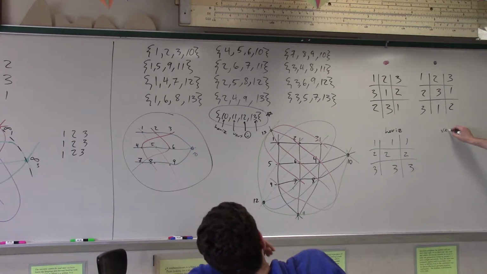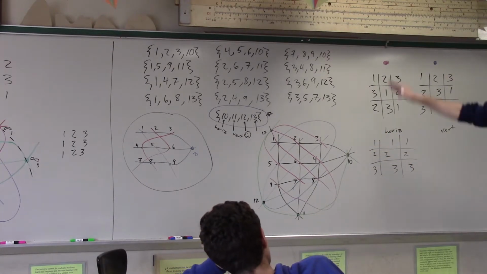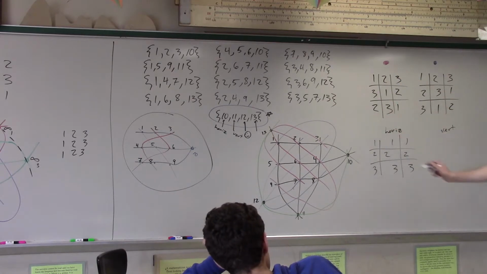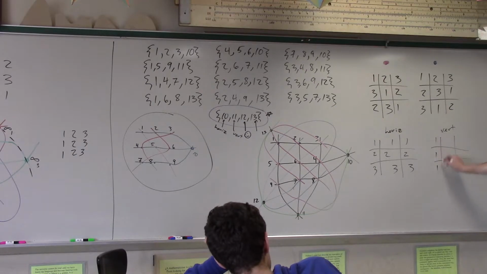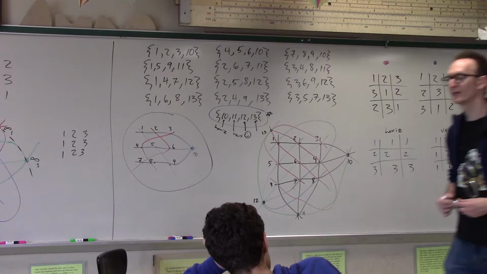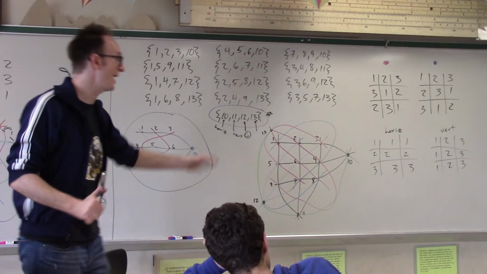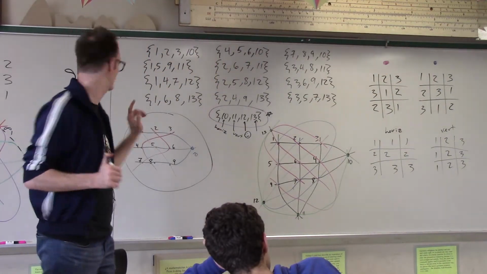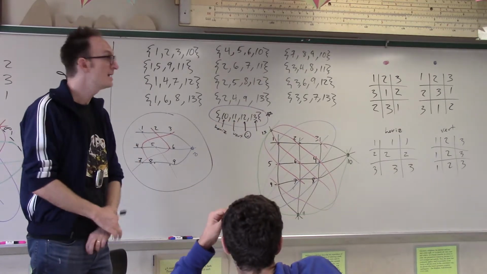And then the vertical lines, if you assign the same number to all the points on a line, then you get 1, 1, 1, 2, 2, 2, 3, 3, 3. And so really, these four squares are orthogonal to each other. We already had this conversation. And so